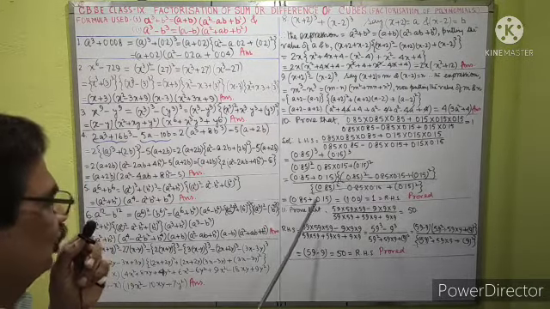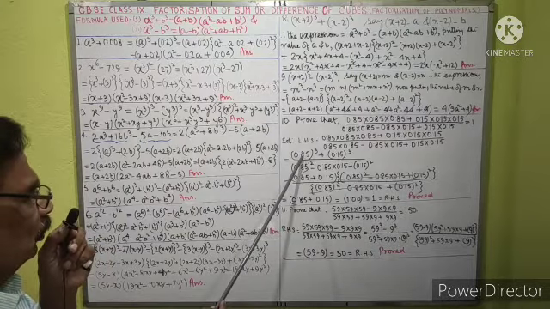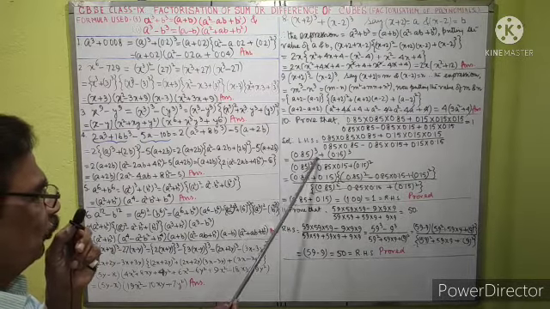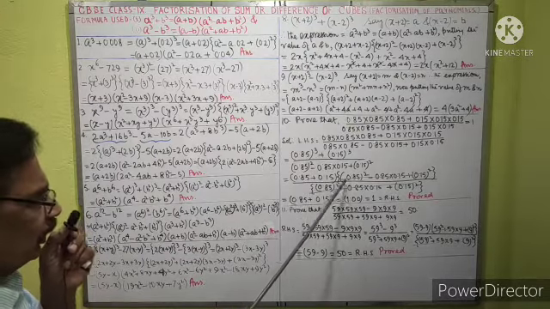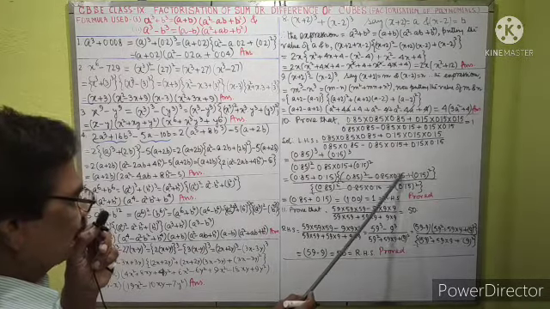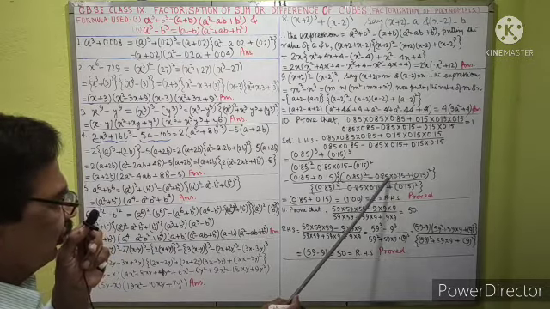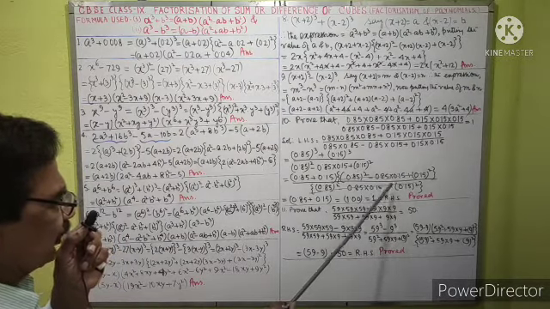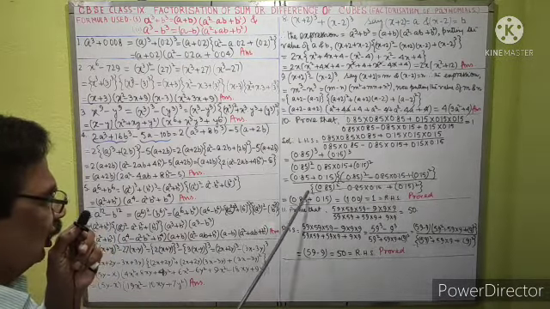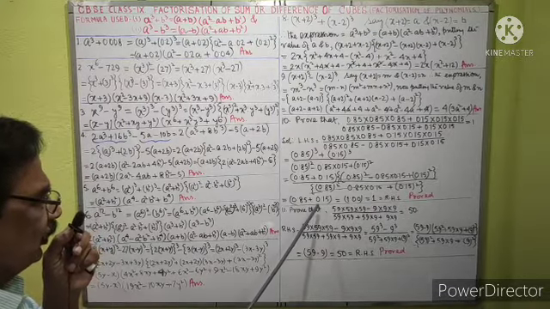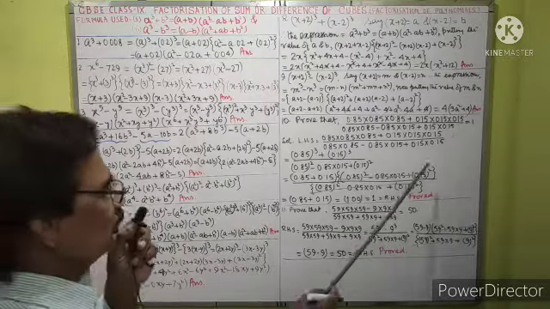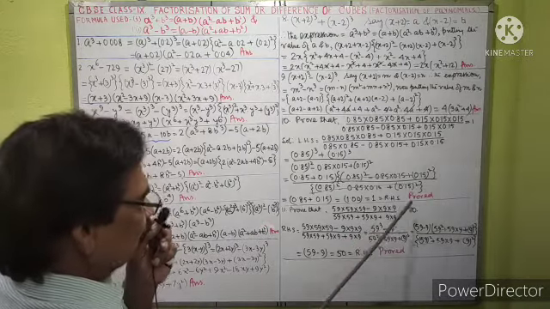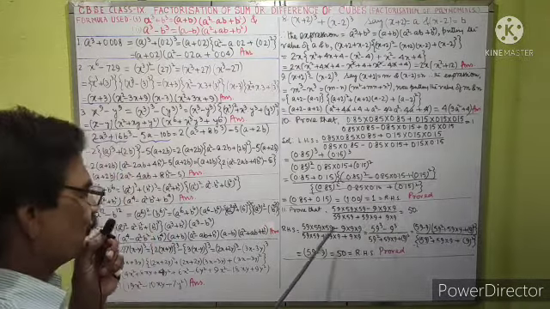0.15 whole square. After breaking down the numerator a cube plus b cube with the formula, we are getting an expression like this way, in which these two factors cancel out. So the answer will be 0.85 plus 0.15, which is 1. It is the RHS, which is given to prove that 1. This is also 1. So it is proved.